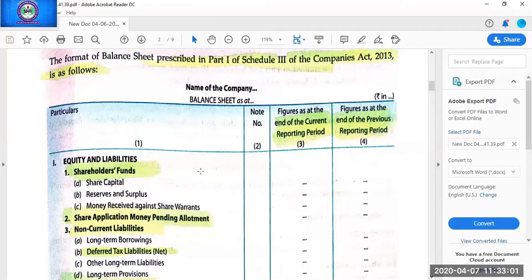It will never come in your numerical questions. Then why are we studying it here? It is just because it is a part of the balance sheet. And we are studying here the schedule of the balance sheet given by the Indian Companies Act 2013. So we cannot skip any part of it. So all the parts are arranged in the sequence given by the Act.